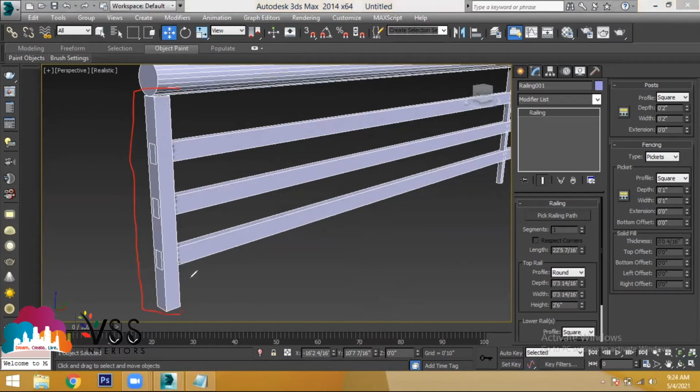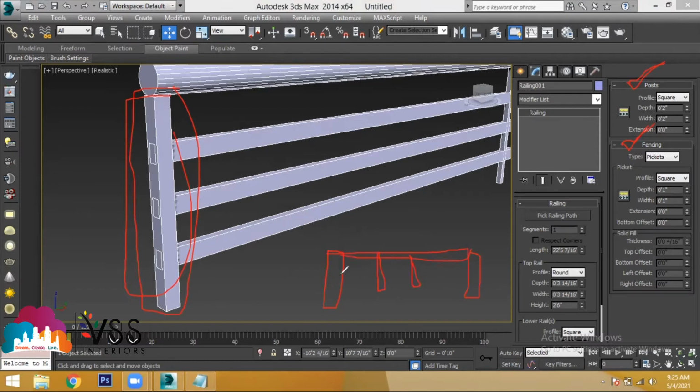In this vertical railing, again, you will find post, and you will find the other option called fencing. Again, you have 2 options. One is post, and the other one is fencing. Posts are nothing but the larger ones. Fencings are the ones in between. So in between every 2 posts, let's say this is 1 post and this is 1 post, in between every post, you will find fencings.